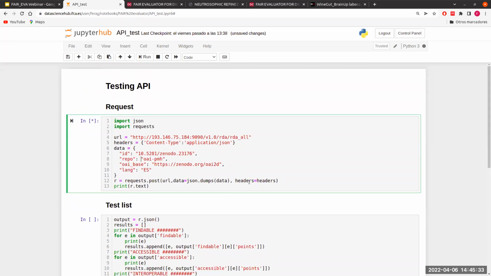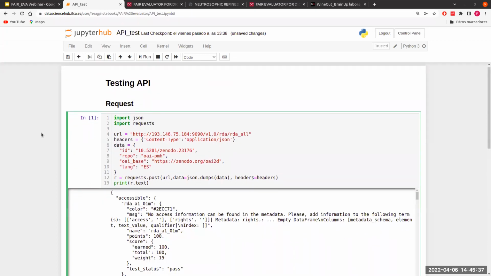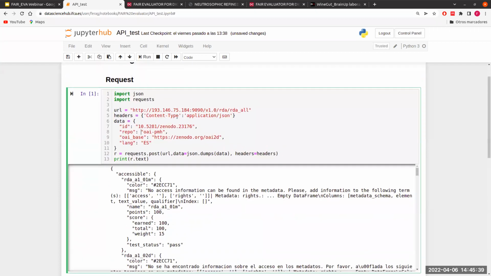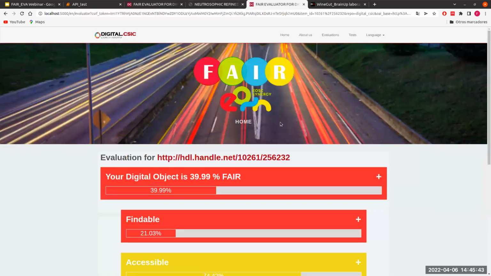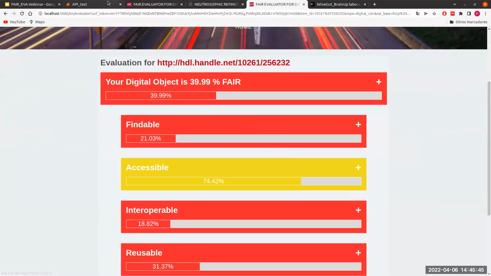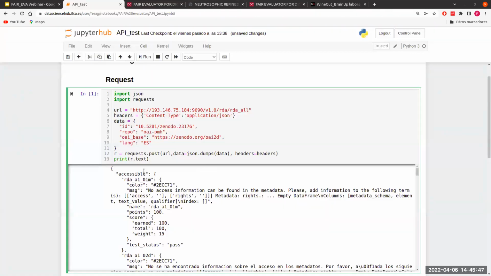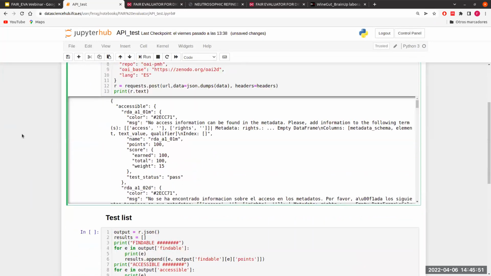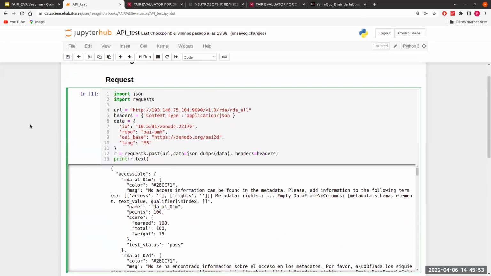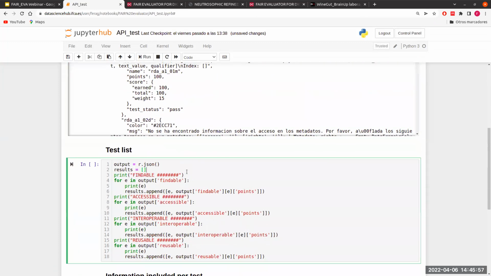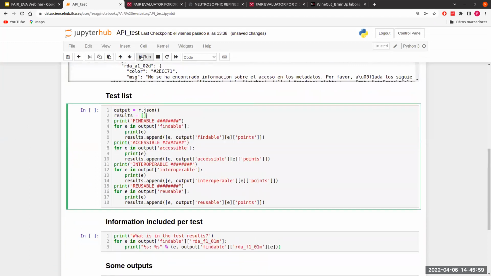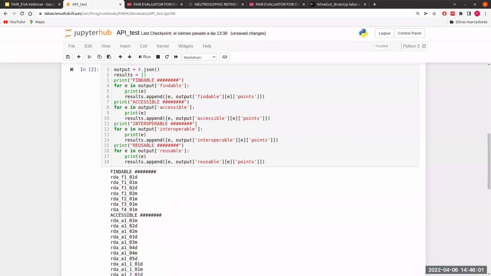Okay, so I assume it is running the test, so it takes a few seconds to do it. And okay, instead of receiving an output like this in HTML format, you will get a JSON output that you can parse however you want in order to get information of the tests. So for example, you can list all of the tests by the groups.